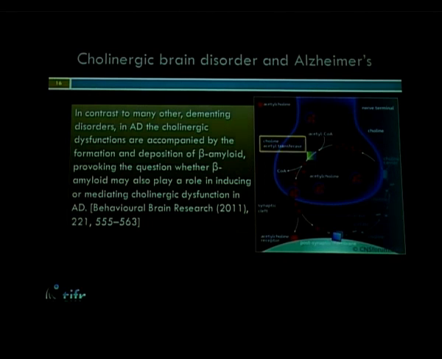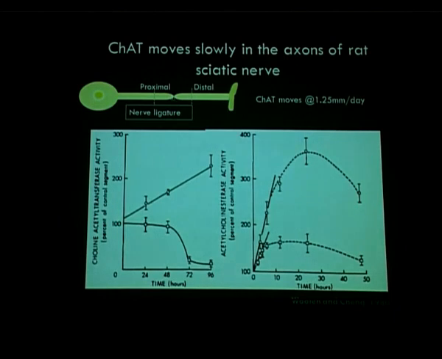So I'll focus now on one particular component of this cholinergic synapse, which is choline acetyltransferase. This is a very important enzyme which is needed to recycle choline into acetylcholine and keep the synapse going. It's a soluble protein which is shown to be transported in a slow diffusive manner in the axon. This is the data which shows the rate at which the choline acetyltransferase activity grows over a period of time, in contrast to the acetylcholinesterase activity.